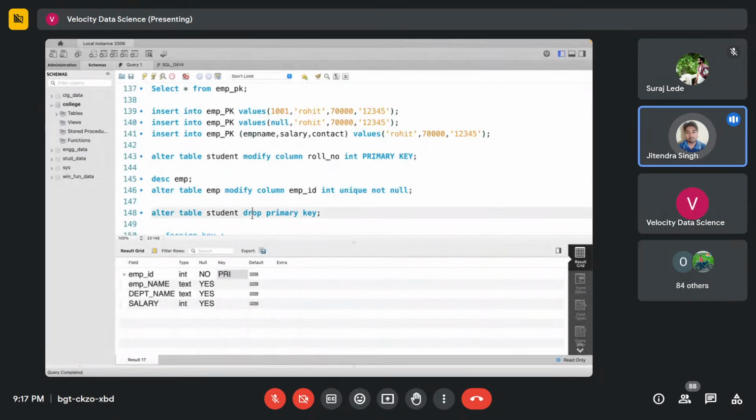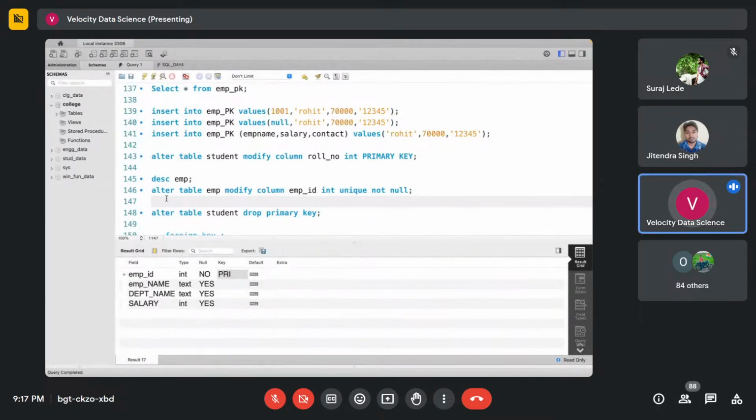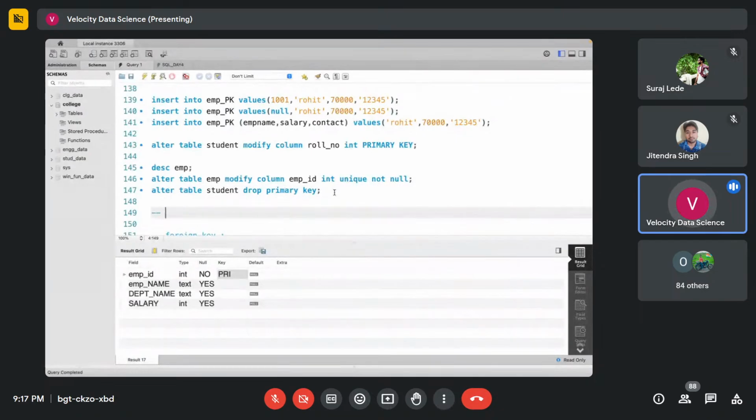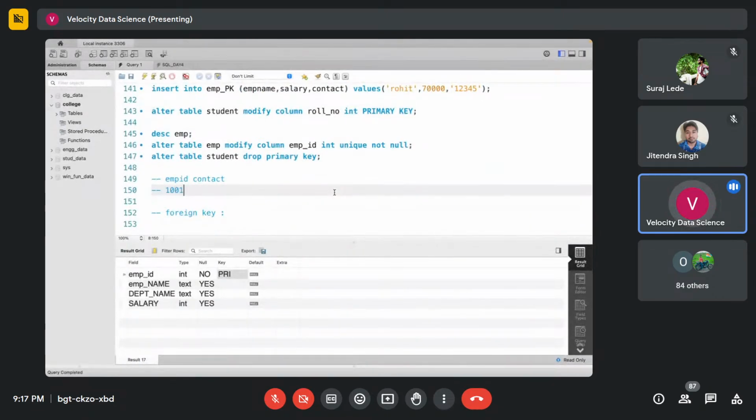नहीं, बट अगर हमारे पास प्राइमरी की पहले से है, जैसे इसमें हमने बना ली है, और अगर हमको कोई और दूसरा कॉलम है, जैसे कि एक फोन नंबर का कॉलम है, उसमें हमको नोट नल भी, मतलब कोई वैल्यू नल भी नहीं होनी चाहिए, और उसमें यूनिक वैल्यूज होनी चाहिए, क्योंकि फोन नंबर हमेशा यूनिक रहता है, और हमारे पास एम्प्लॉय आईडी है वो प्राइमरी की है, तो हमको अगर कंस्ट्रेंट लगाएंगे दोनों, तो बेसिकली इन दैट केस हमें क्या करना पड़ेगा, इफ यू सी इन दैट केस व्हाट वी हैव टू डू इज यू वांट टू मेक श्योर कि एम्प्लॉय आईडी और उसका कॉन्टैक्ट, ये जो कॉम्बिनेशन है वो हमेशा यूनिक होना चाहिए, राइट। 1001 और 1234, इट शुडंट गेट रिपीटेड। 1002 जो भी इसका मोबाइल नंबर है वो, यू वांट टू हैव योर डेटा समथिंग लाइक दिस।